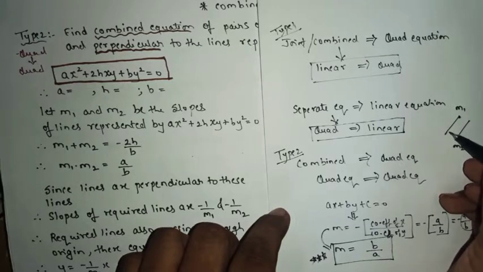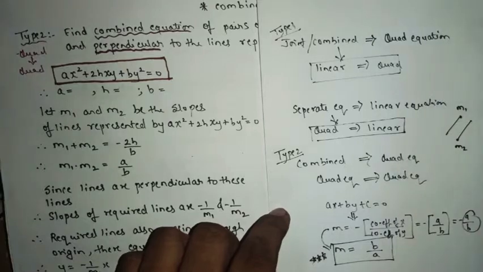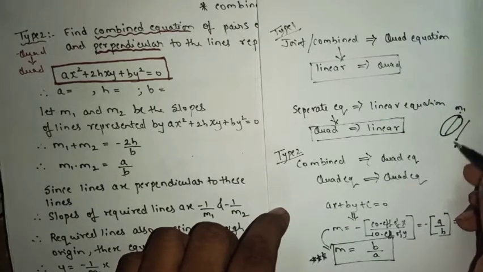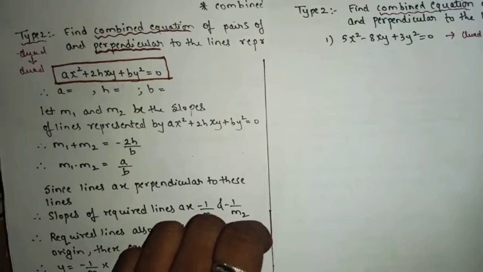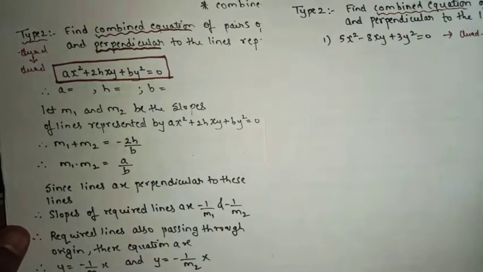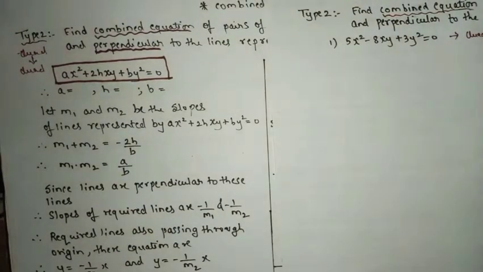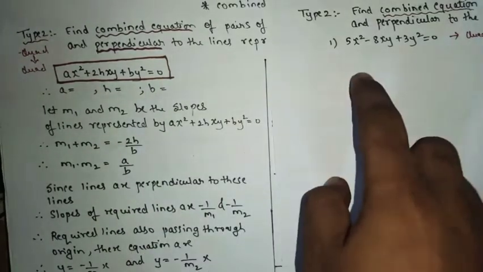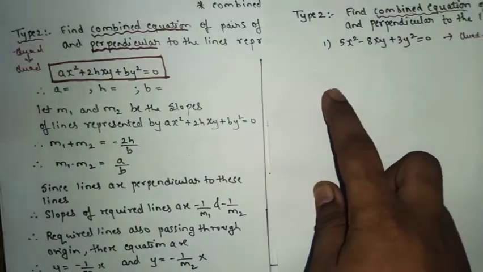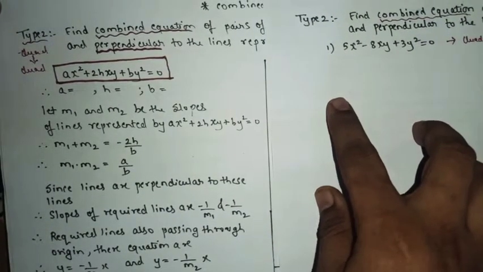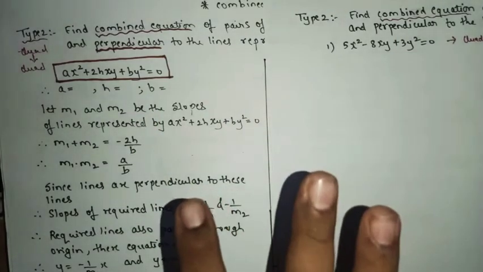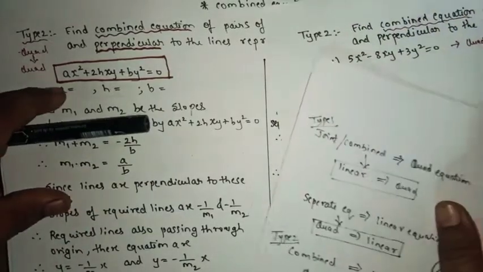If we don't know exactly the equation of the line, how can we find the slope of the line? We cannot find it. So we'll consider slope m1 for the first line and m2 for the second. We start the sum by writing: let m1, m2 be the slopes of the lines represented by the given equation. Listen here, the slope is unknown for us. We don't know the values of m1 and m2.